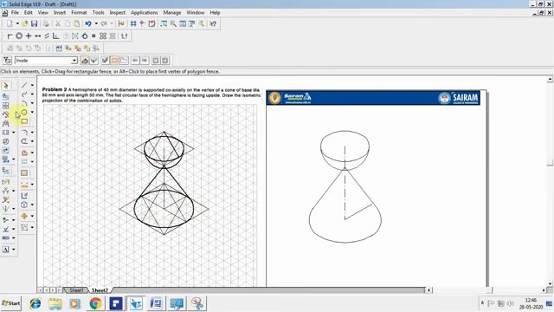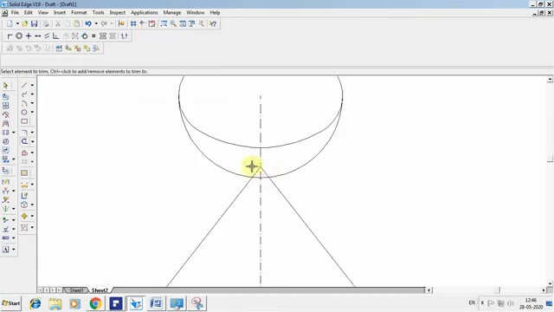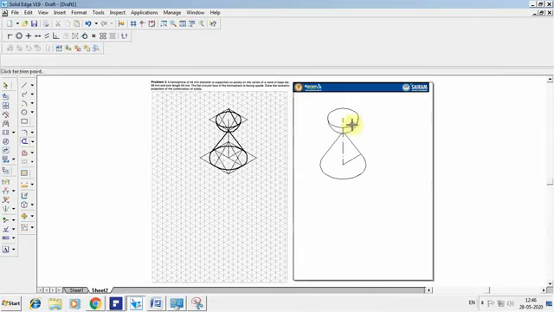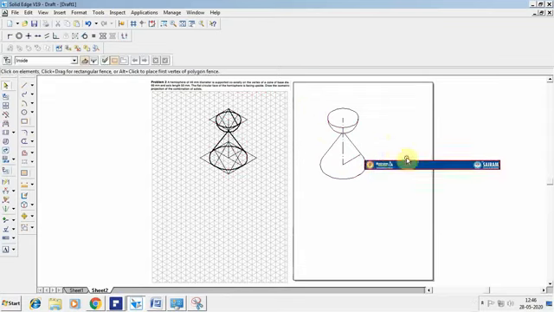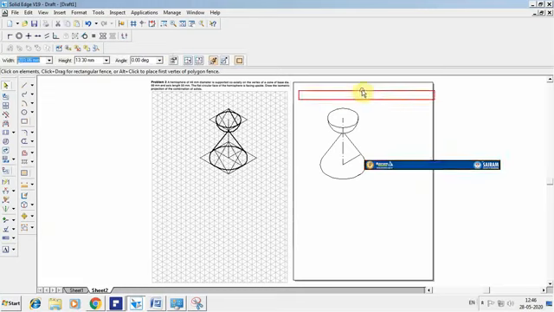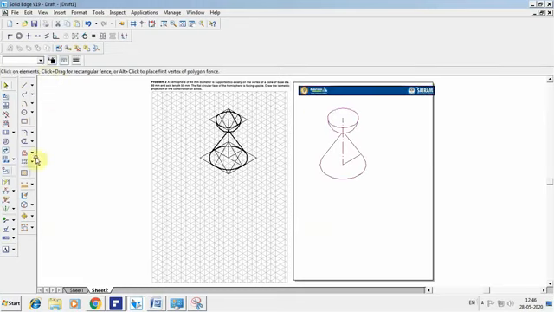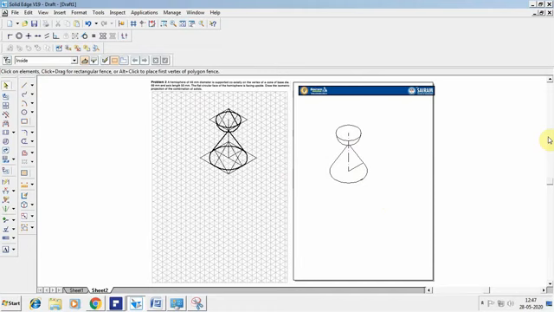So now if you compare this problem with your sphere problem, here you're not doing any outer dimension of the sphere, so it will be a cut shape of the sphere, so no need to reduce the scale before drawing the hemisphere. So together you can reduce the scale after completing the sketch. So I'm going to select the complete sketch, go for the scale, and reduce the scale as 0.82 and place on the sheet. So this is how you're going to solve the problem.